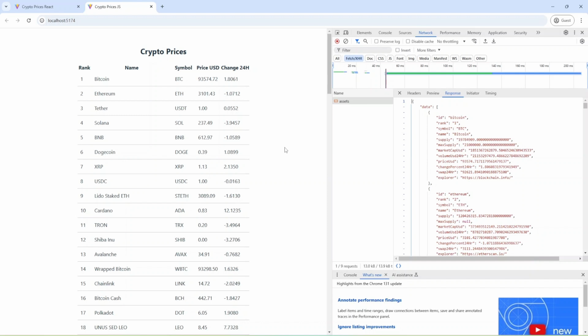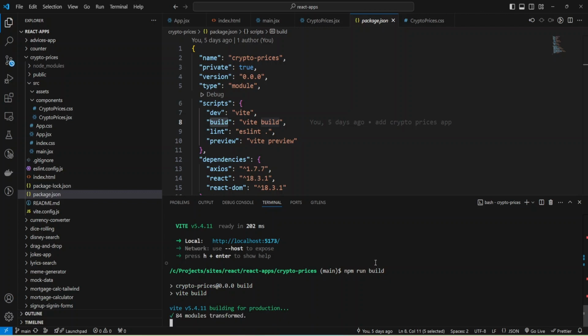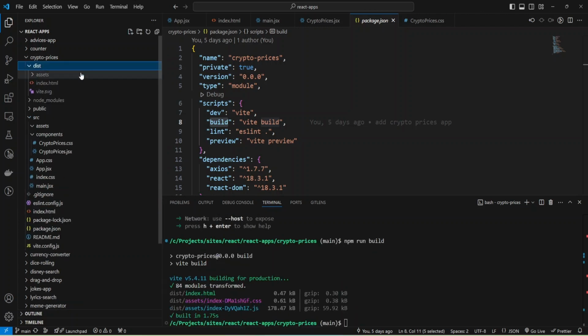And now I'm going to compare the size of the builds. And for that, I need to stop my dev server and create build. And for Vite projects, we can just run command npm run build, and it should create build inside this folder.